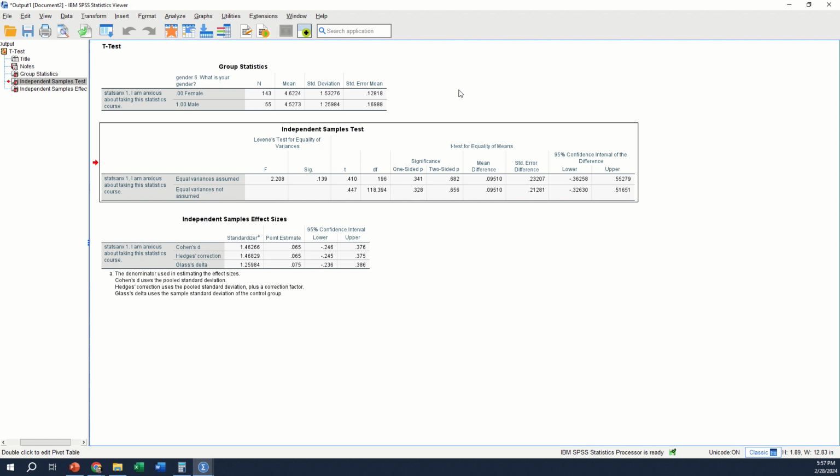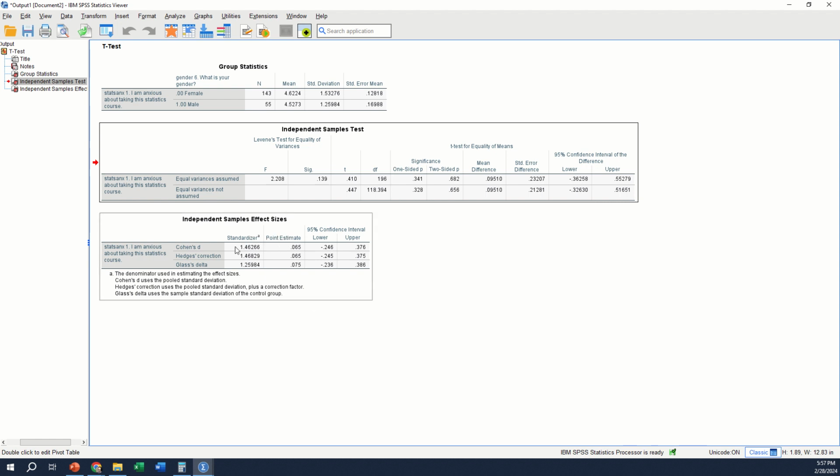Right, so we'll still report Cohen's d and interpret Cohen's d, and when you have a non-significant difference, Cohen's d should be very small or small. And so if we look at the point estimate here, we see that Cohen's d is 0.07 right here, right, which would be very small according to Cohen's guidelines. And we got that 0.07 by taking the mean difference, 0.1, dividing it by the standardizer here, 1.46, and remember